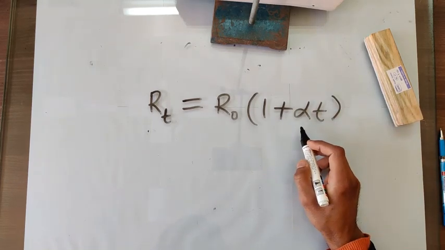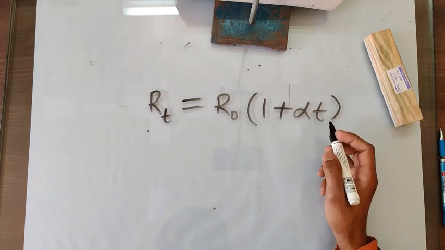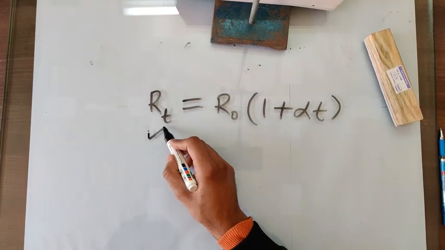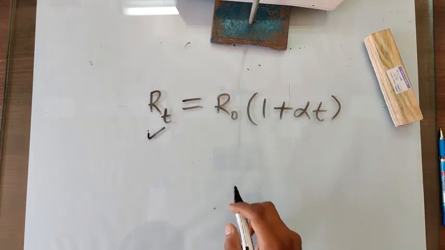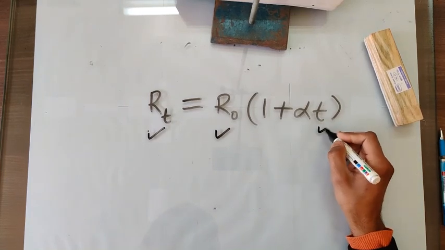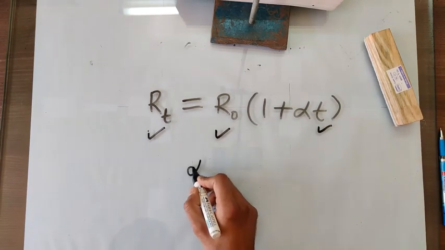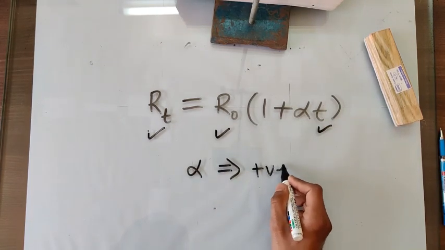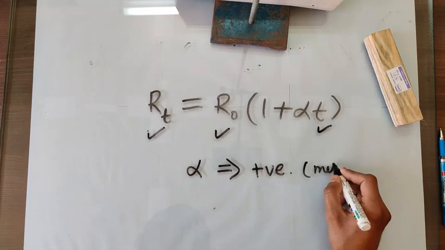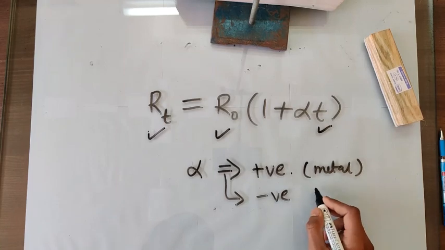Here alpha is known as the temperature coefficient. So RT is the resistance at T degree Celsius, and R naught is the resistance at 0 degree Celsius, and T is the rise in temperature. For metal, alpha is positive. For semiconductor, alpha is negative,